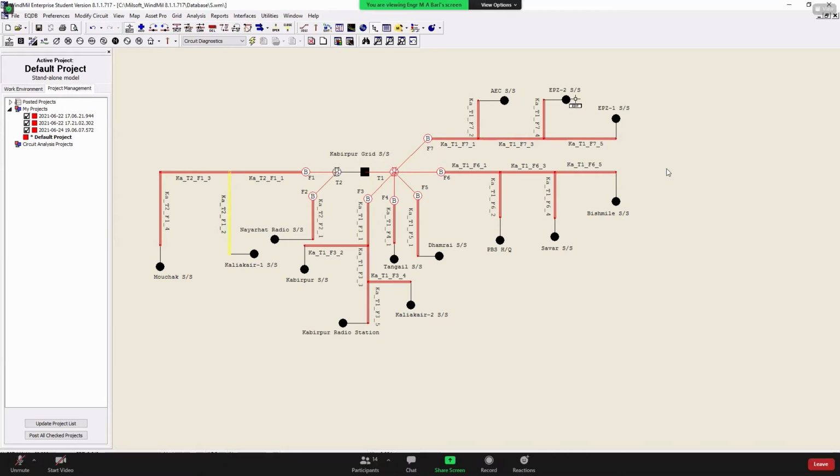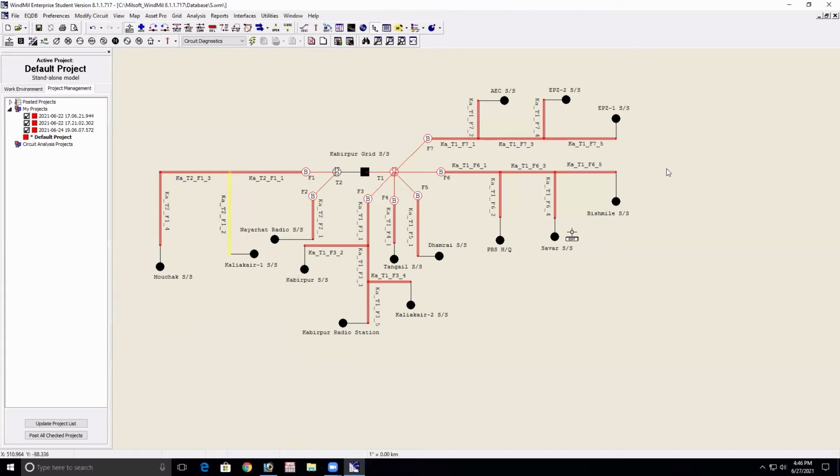Because this is power system network analysis, PSNA. You are learning network analysis. Without creating the virtual network, it is not possible for you to understand these things. Virtually, you are creating these things.